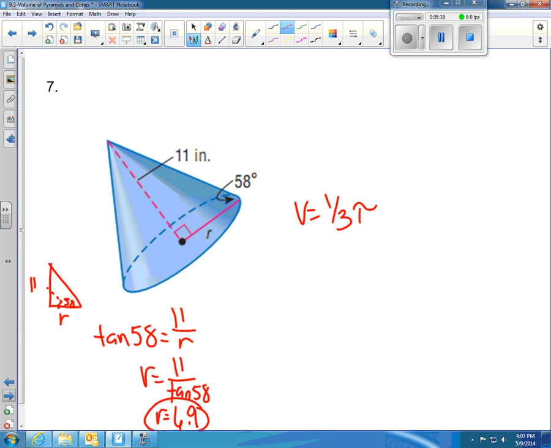1/3 times pi times the radius squared times our height. Multiplying all of those, we are going to get a volume. Let's round that volume to 1 decimal place, or the tenth. So that is going to leave us at